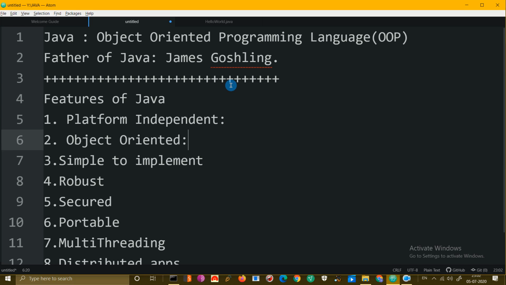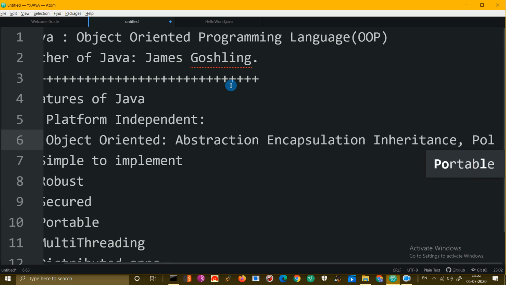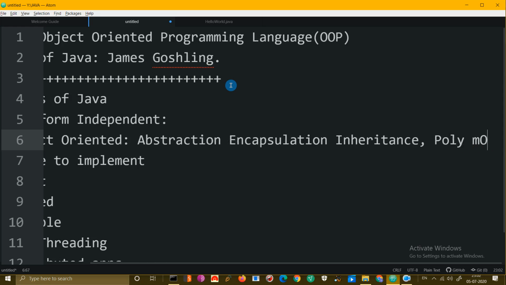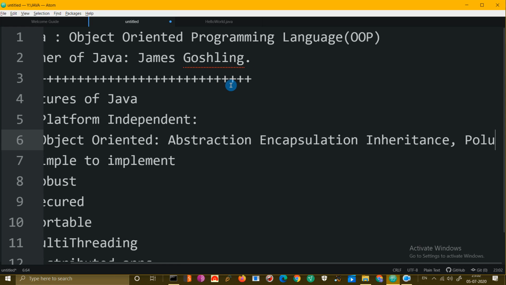So we are going to see something called abstraction, encapsulation, and let's say inheritance, and let's say poly